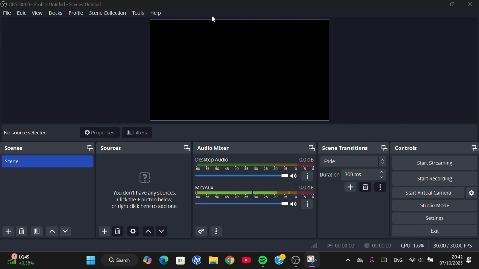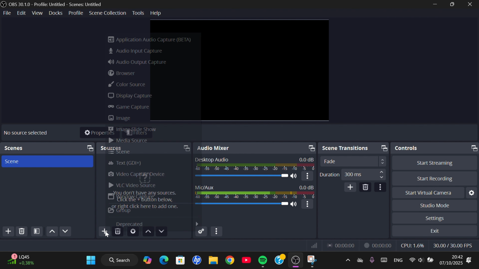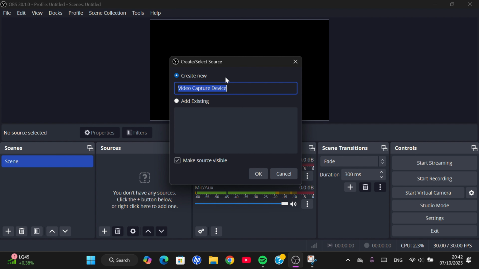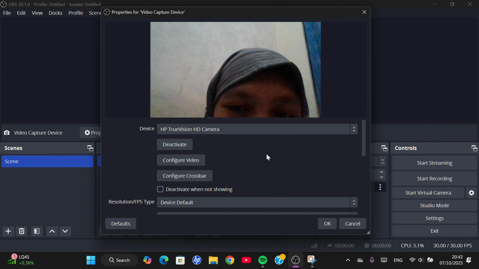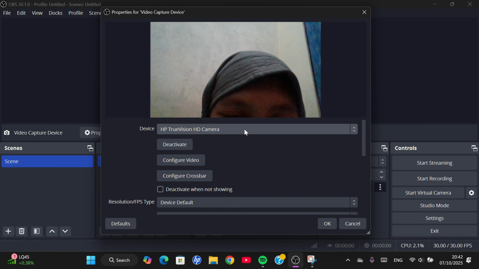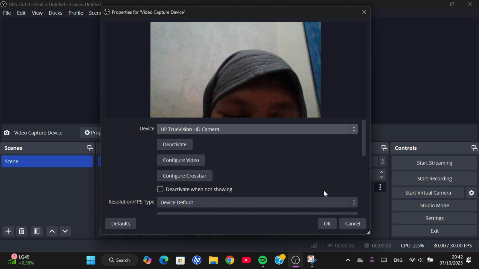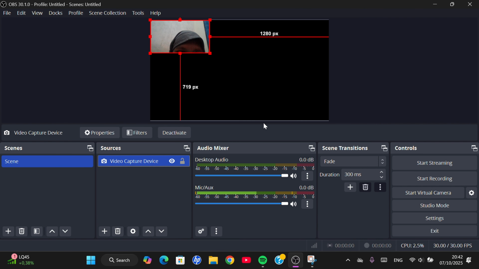And first of all, if we want to add video capture, we need to click on this plus icon on the sources menu. And then here you just need to choose a video capture device. Okay, and then you can click on this OK button, and then you can choose the camera that you want to use. You can choose OBS virtual camera, or you can use your device camera, and I'm going to choose this camera. And then you can click on OK, and then the video capture or the camera will be added